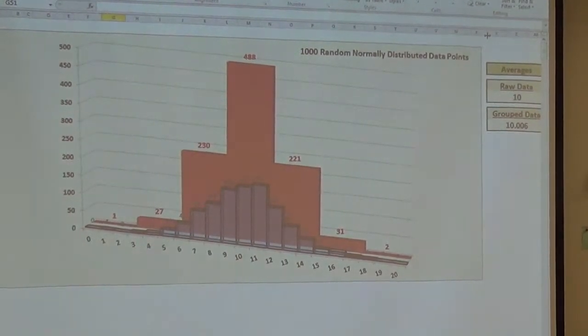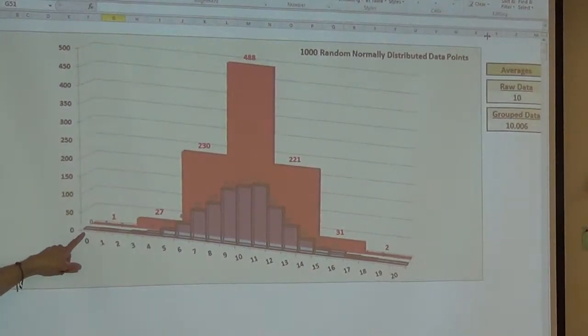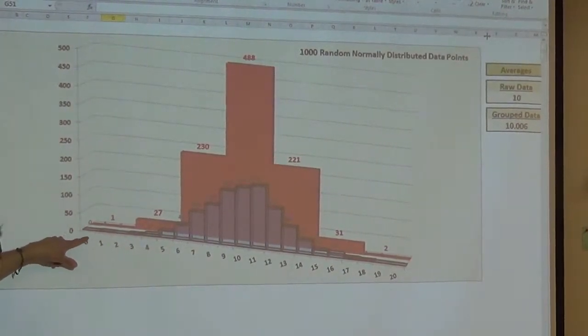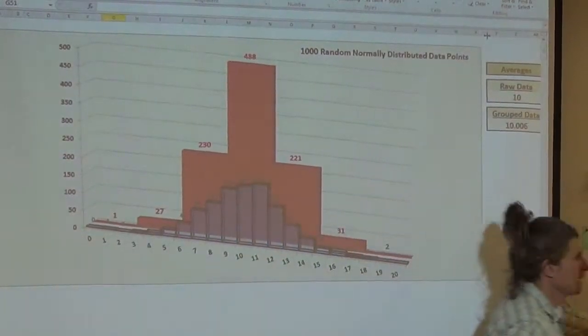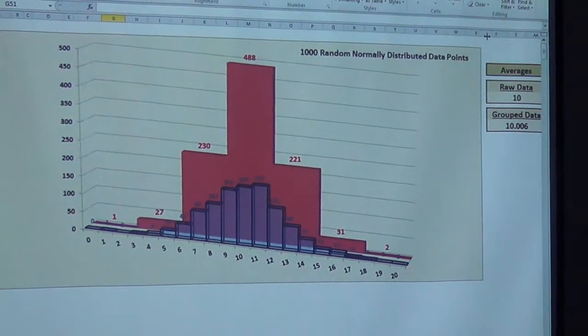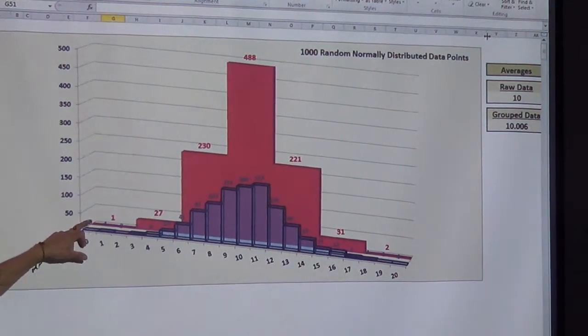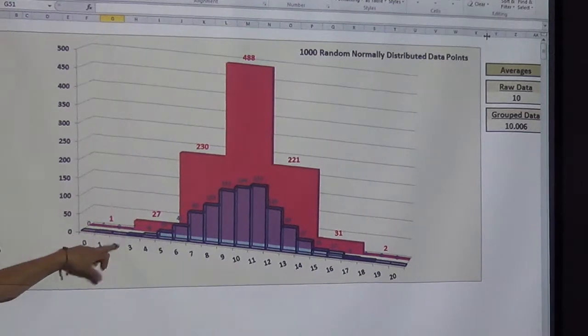So what I've done here is I've randomly generated some values between 0 and 20. So right now, there are no zeros. Let me turn this off. We can see the numbers on the screen much better this way. Okay, good. So right now there are no zeros, there's 1 one, there are no 2s, there are 2